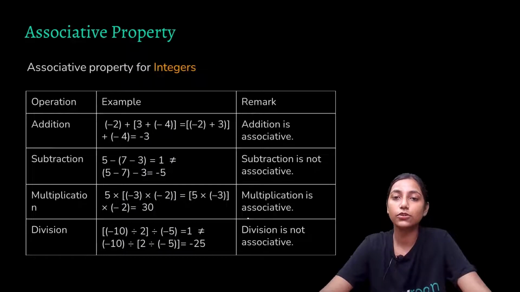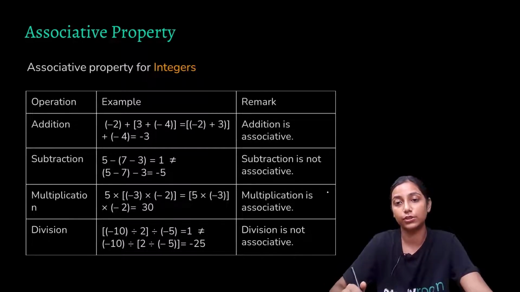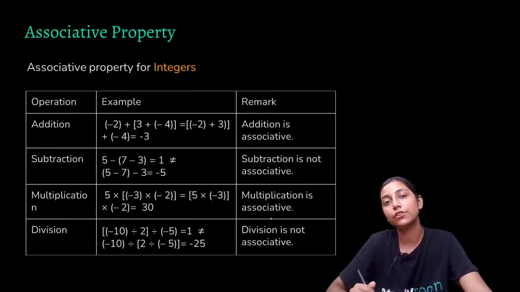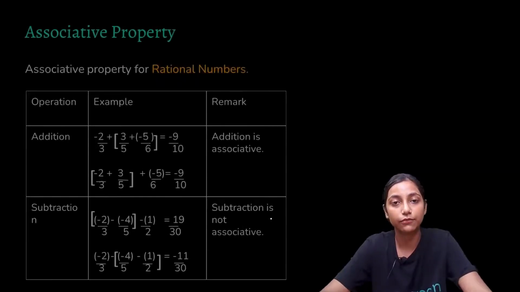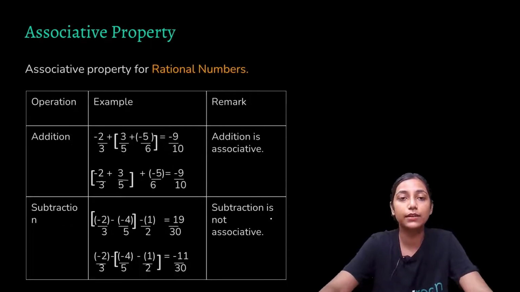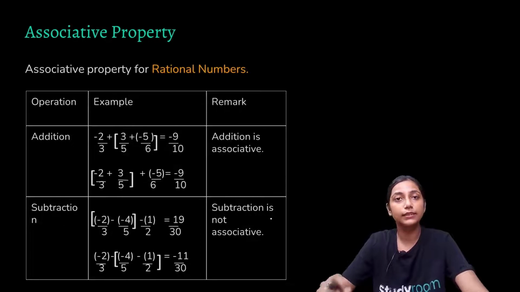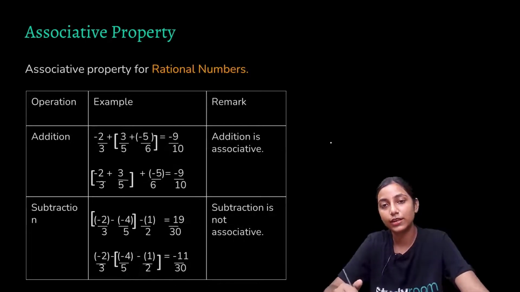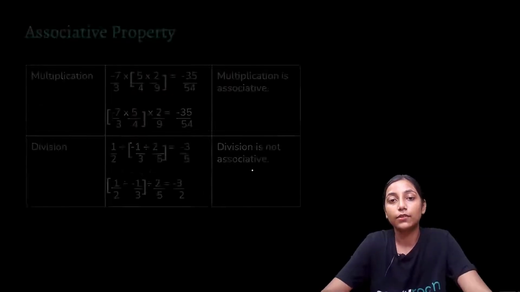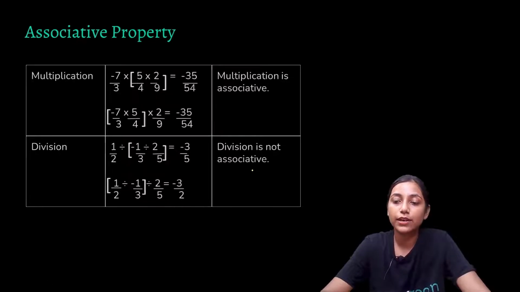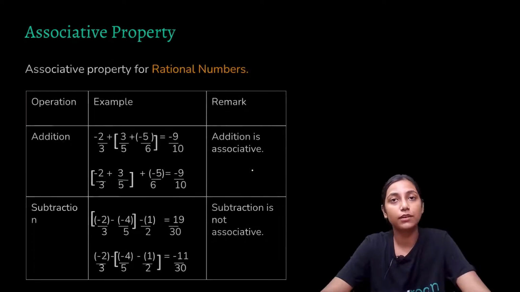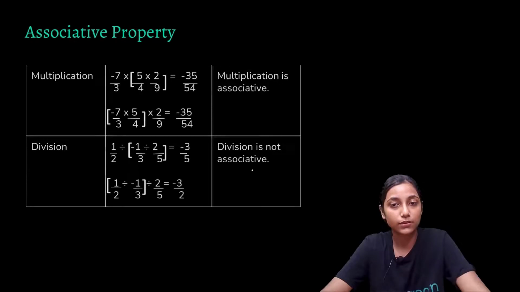For integers also, we said that addition is associative, multiplication is associative, but subtraction and division are again not associative. And at last, we studied it for rational numbers. In this case also, addition is associative. Here you can see that multiplication is associative, but again, subtraction and division did not come out to be associative in